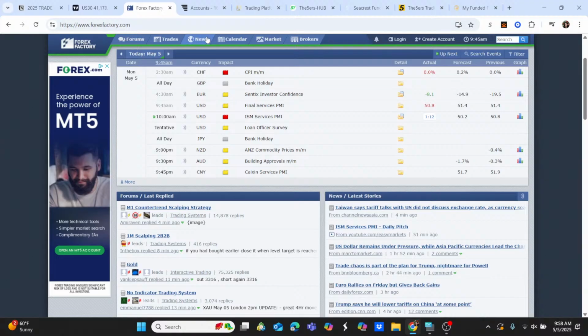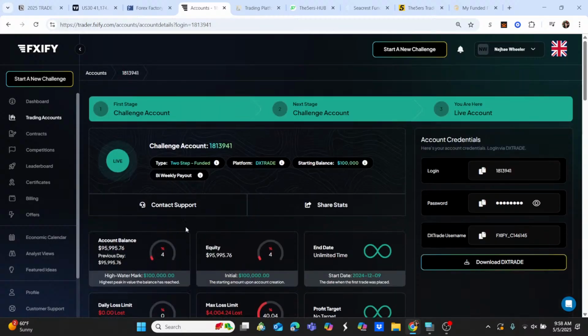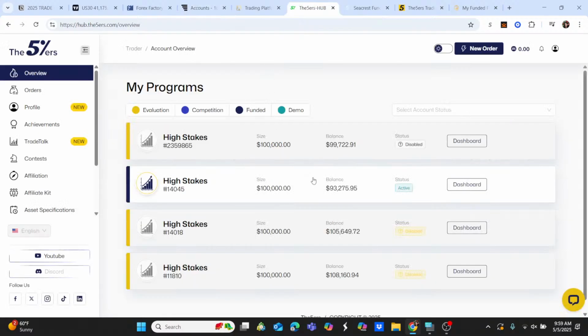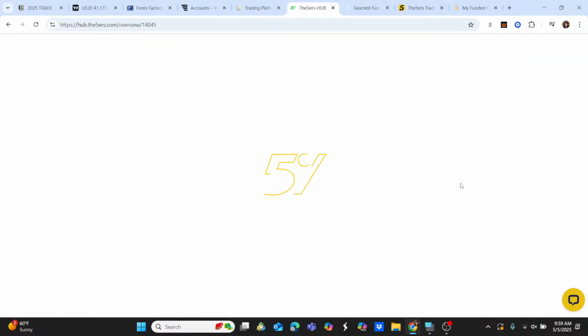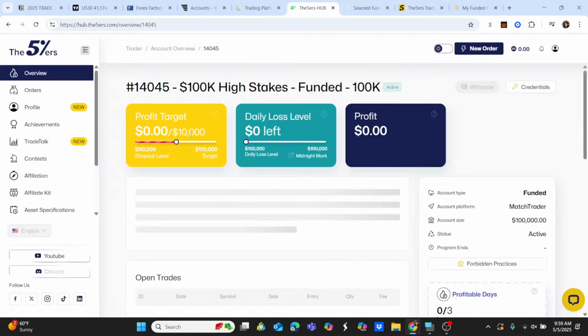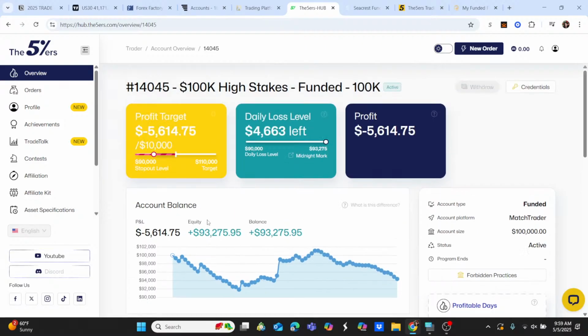And we're going to take a look into my accounts right here. This is the current drawdown. We have 4% on one account, and we have the other account right here, which is my 5%ers, more deeper in drawdown. But it is what it is. We're going to continue to follow the process and continue to trade, because